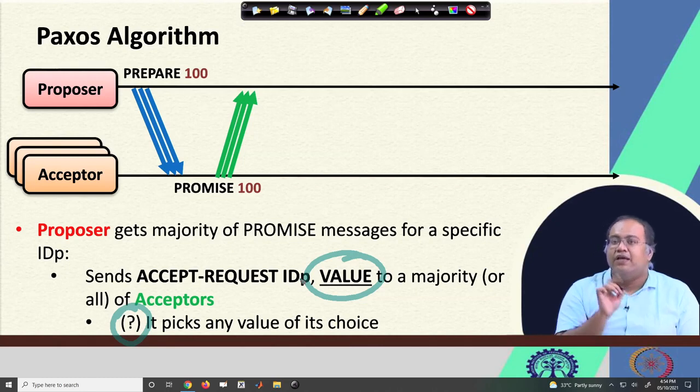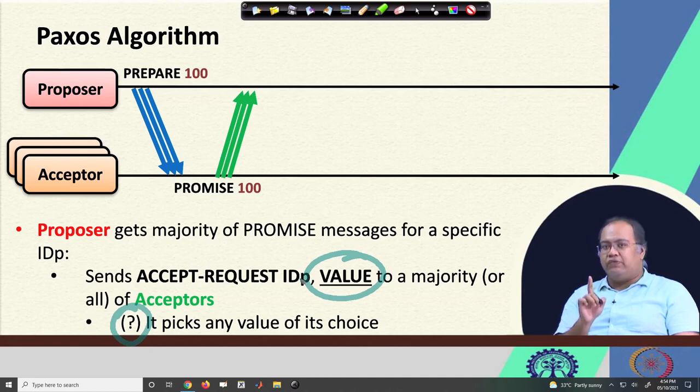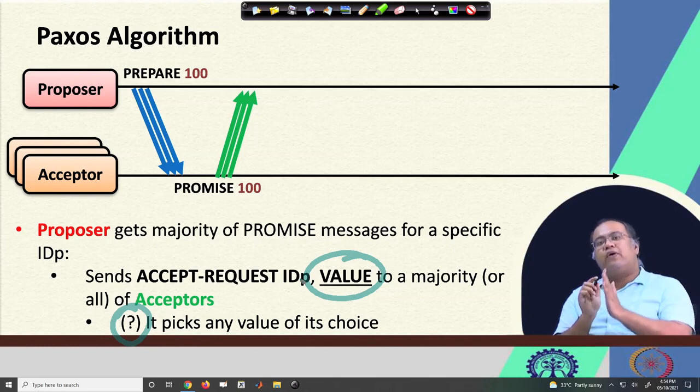Well, so remember that consensus is not on the state, the consensus is on the value that is being proposed. Well, the state is just to ensure that we are always making progress in receiving the message, and